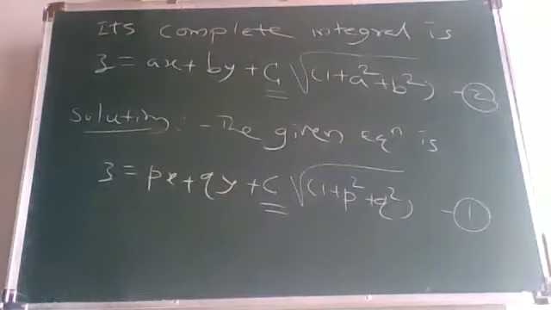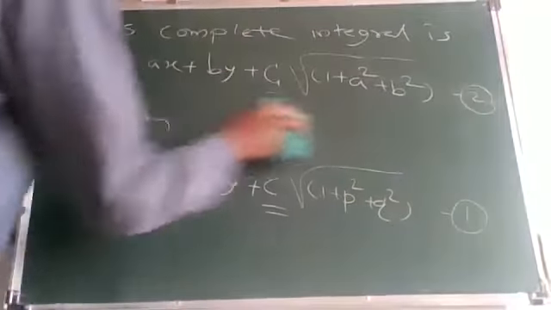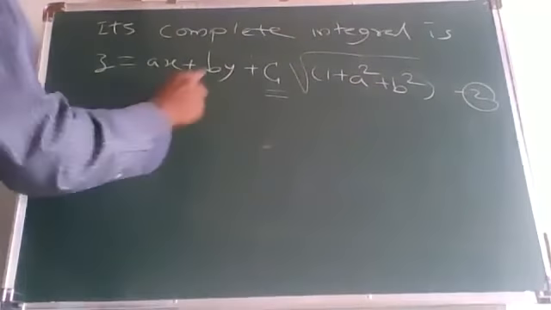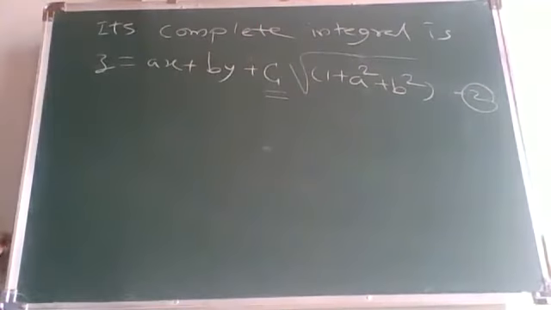This capital C is any constant, but do not confuse it with the arbitrary constants. There are two arbitrary constants, A and B. This capital C is not an arbitrary constant in the solution. That capital C provides the number of equations. That means if we change capital C, we get different equations, and such equations we can say form a system of equations or family of equations.